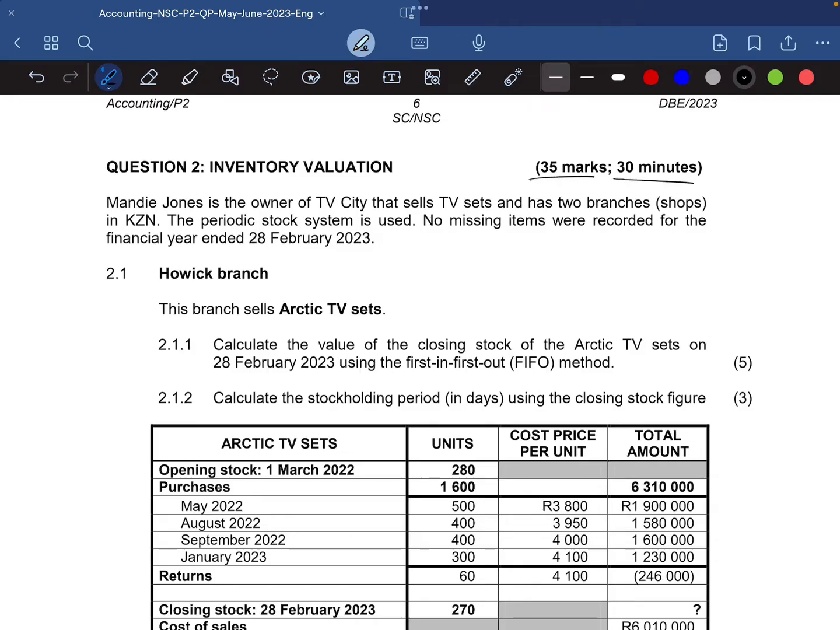Getting straight into the question, it reads, Mandy Jones is the owner of TVCT that sells TV sets and has 2 branches, shops in KZN. The periodic stock system is used. No missing items were recorded for the financial year 28 February 2023. So what I'm picking up there is that we are using the periodic stock system and our financial year end is 28 February 2023. Okay, so 2.1,